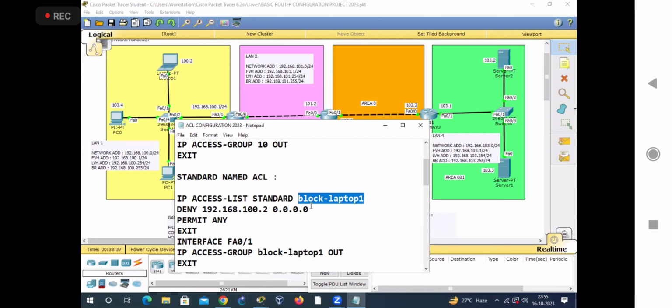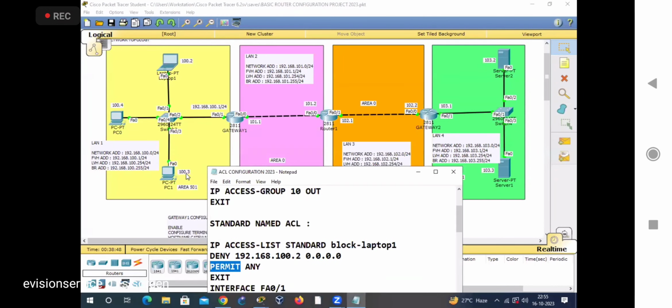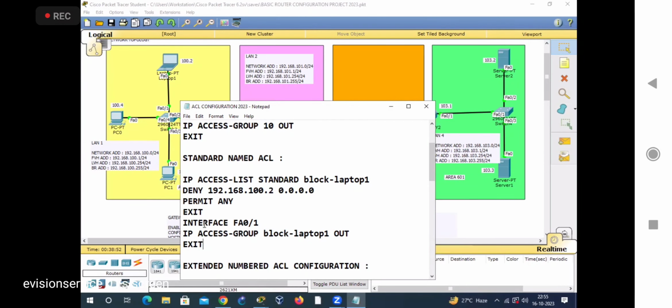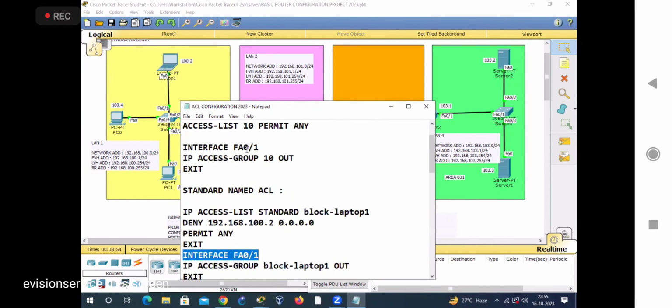Whatever name you want, you can give it. deny 192.168.100.2, इस मशीन को हम लोग ब्लॉक कर रहे हैं, ये रहा फोर्थ बिट वाइल्ड कार्ड पे। परमिट कर रहे हैं रेस्ट ऑफ द मशीन्स, क्योंकि PC0 PC1 अलाउड होना चाहिए, इसी वजह से परमिट दे रहे हैं। फिर सेम इंटरफेस पे जाके अप्लाई कर रहे हैं, इंटरफेस FS0/1, ip access-group, ACL का नाम है ब्लॉक लैपटॉप 1, तो ये रहा ब्लॉक लैपटॉप 1 और ये डायरेक्शन आउट।